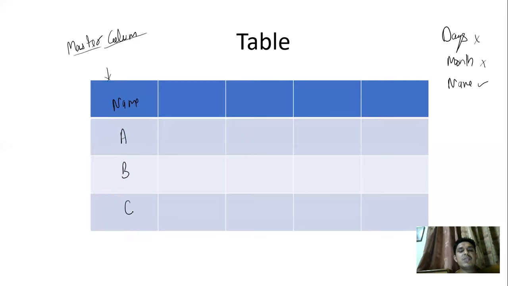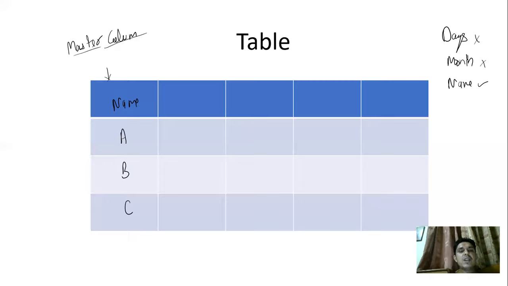Why I'm bringing the concept of the master column is because in the table you have to put the data serially, and once the table has been made serially, you can fill in the data more easily, right? So friends, till now we have discussed the table and master column. You have to seek days. If days are given in the question, use them; if days are not there, you have to look for months. If month is not there, you just write the name of the person, place, or thing, whatever is there, as the master column, right?